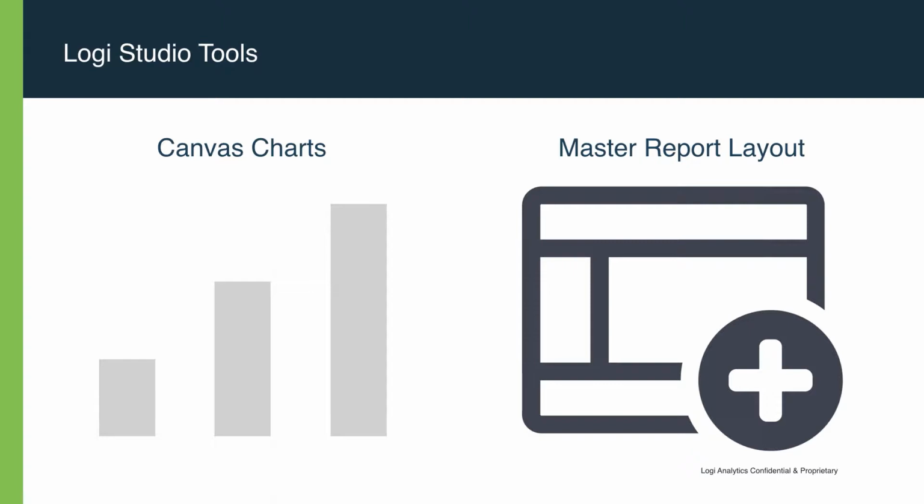So there are all kinds of cool things you can build with the master report layout in Logy specifically. And it makes it possible so that you can create your layout once, put in all the cool responsive features, and then reuse that over and over and over again for as many pages as you have in your application. All right, we'll get into some more practical techniques during the demo portion, like I said, but next we want